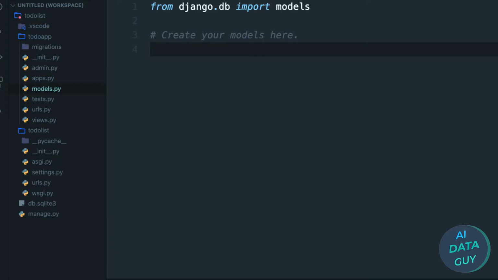So what we will do, we will say class, or whatever the name of the model is. My model name will be ToDo. Make sure that it is always camel case. If you're saying ToDoApp model or something like that, that would do just fine, no problem with that. And then what I have to do is models.Model,